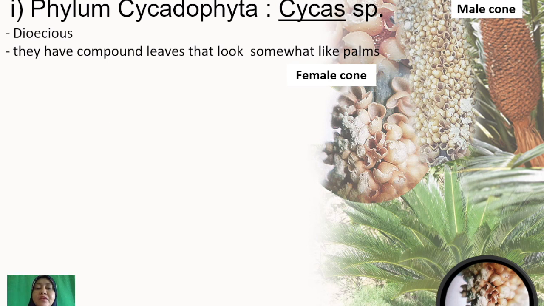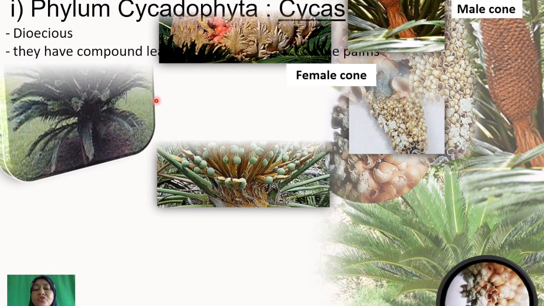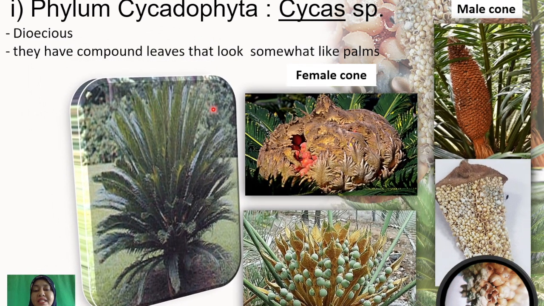Phylum Cycadophyta, example Cycas. They are dioecious and they have compound leaves that look somewhat like a palm. This is the diagram of the Cycas species, which shows the female cone and the male cone. Next is the phylum